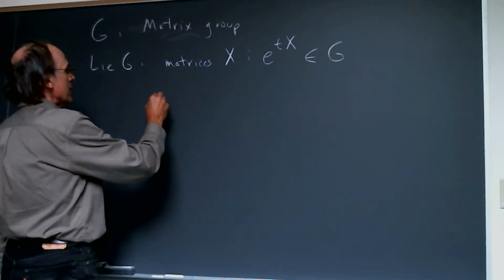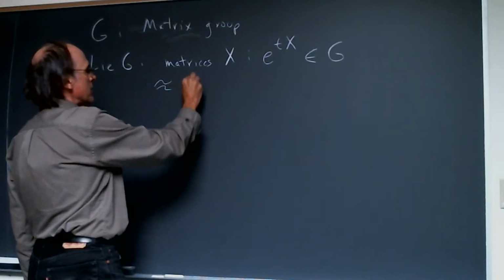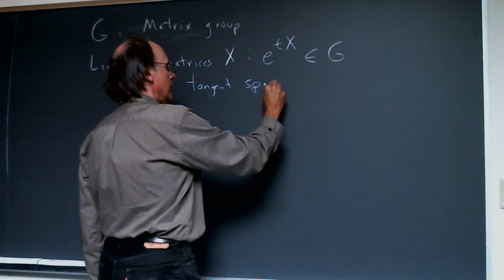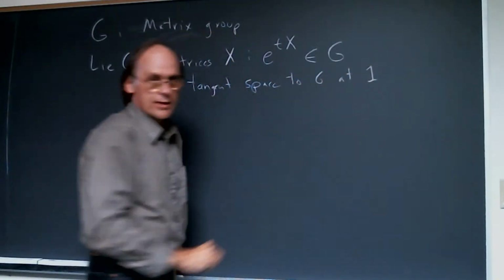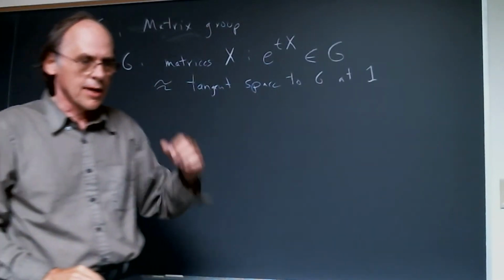So geometrically, this is the same thing as the tangent space to G at the identity. That's the one abstract way of thinking about it. Okay, then